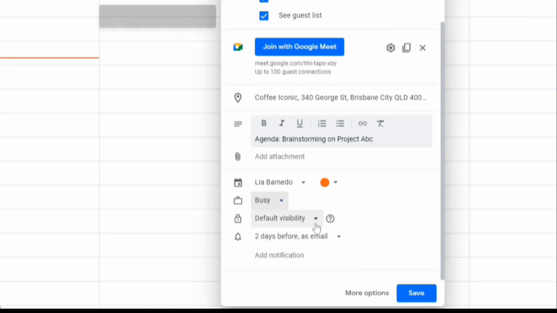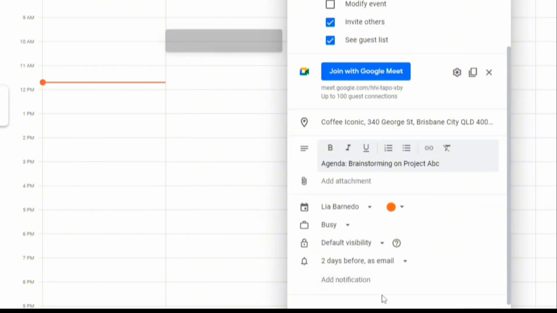And then the default visibility. So it will follow the general privacy settings you have configured for your calendar. This might mean that the event is fully visible, partially visible, or only shows as busy depending on your calendar's default sharing settings. When an event is set to private, only you and those you've specifically granted full access to your calendar can see the details. Others will see the time as blocked and the event as private. And when it is set to public, anyone with access to the calendar can see all the details of the event, including the title, description, location, and any other information you've added.